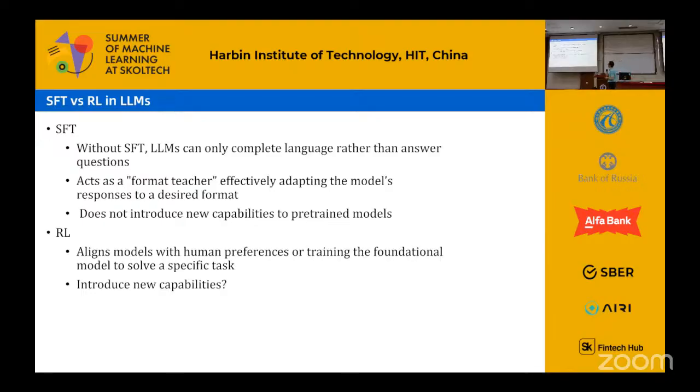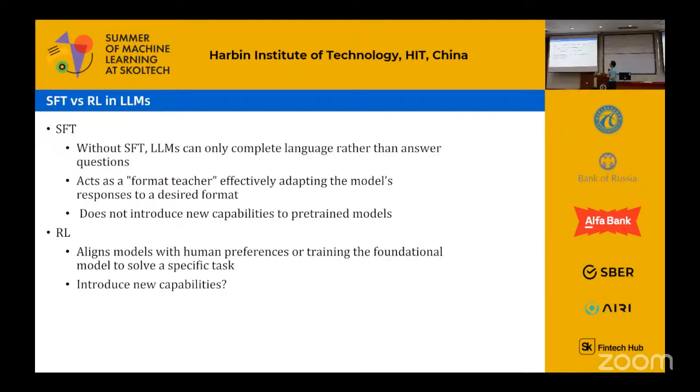It's just trying to complete your sequence. From the grammar perspective, that continuation is also correct, but maybe it's not what you need. Supervised fine-tuning focuses on input-output pairs. It acts as a format teacher, teaching the model to respond to the user's intent. Some conclude that supervised fine-tuning does not really introduce new capabilities to the pre-trained base model. It teaches the model to understand the intent of the user among different possible outputs, so that it can correctly answer the user's input.